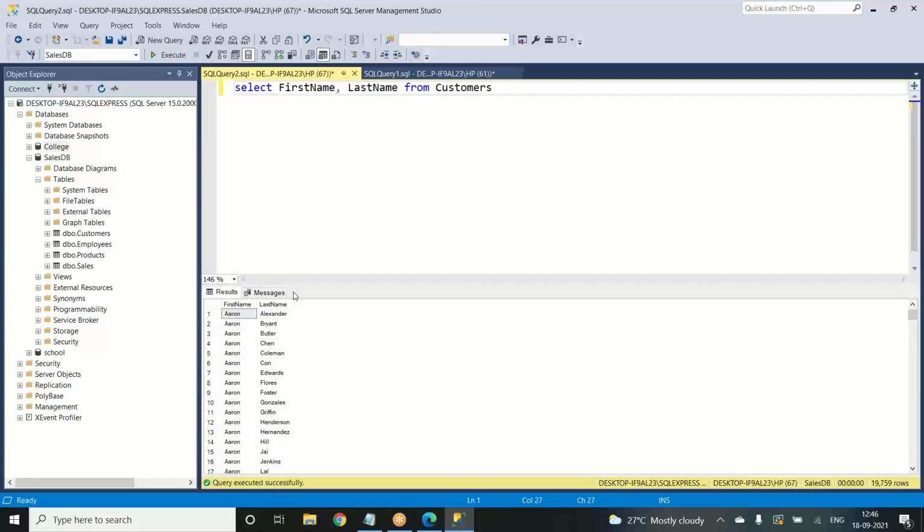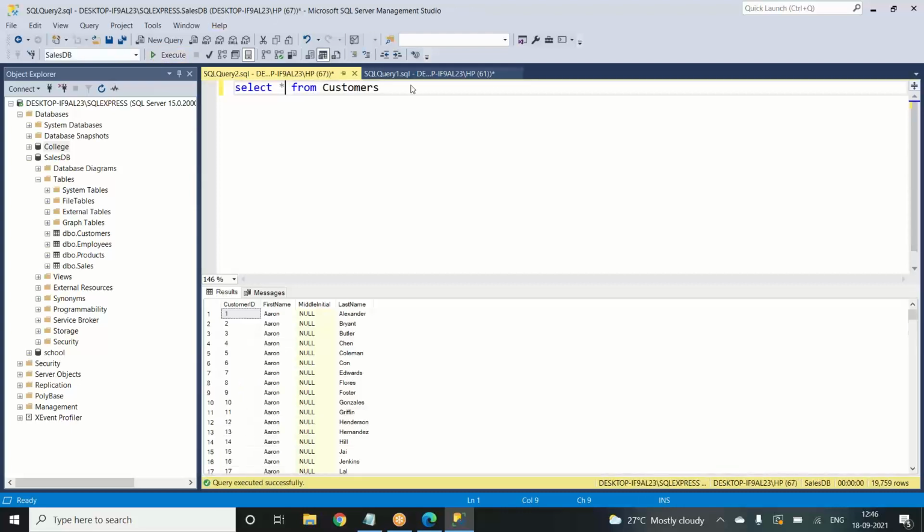So we have an option to read the data in whichever way is easy to view. If you do not want anything specific, you can just use star. So this is the select one.